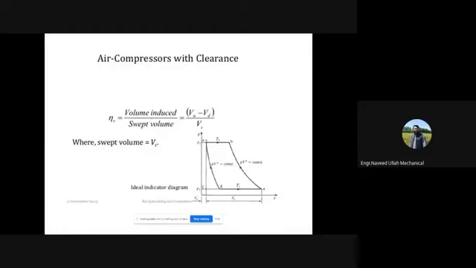तो इसके दो किस्म के फार्मूले हैं, अच्छा, दो तरीकों से हम इसको कह सकते हैं, एक तो वो है वॉल्यूम डिलीवर्ड बाय स्वेप्ट वॉल्यूम, और दूसरा जो है ना वॉल्यूम इंड्यूस्ड बाय स्वेप्ट वॉल्यूम, ये भी आप कह सकते हैं, ठीक है। तो वॉल्यूम इंड्यूस्ड ये क्या है, VA - VD डिवाइड बाय स्वेप्ट वॉल्यूम, राइट। अच्छा, ये मैंने आपको बताया था कि ये वी स्वेप्ट वॉल्यूम को और डिलीवर्ड वॉल्यूम को जो है ना, सॉरी दिस टोटल वॉल्यूम को जो है ना हम फाइंड आउट कर सकते हैं आसानी से,